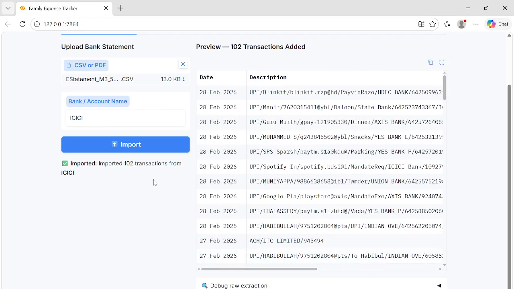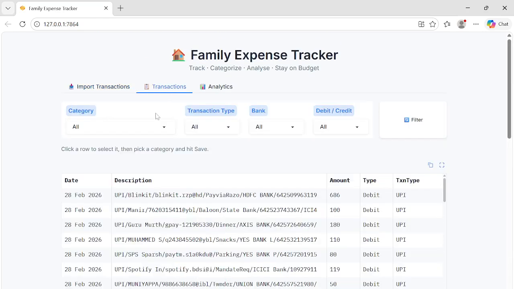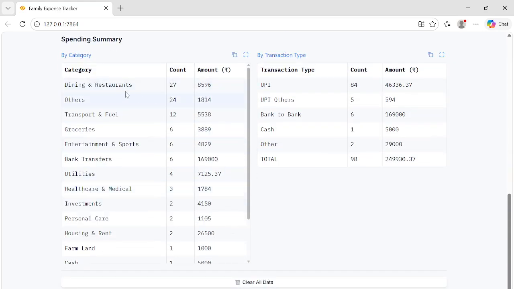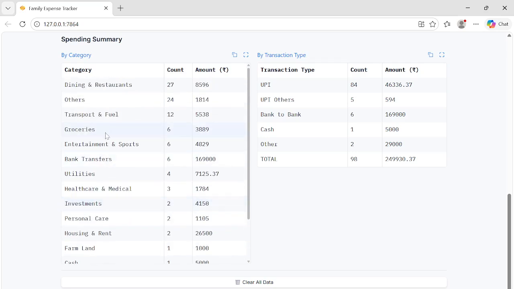Now this is the first step. Now to understand, these are all the categories of transactions, the number of transactions in each, and the amount which you have spent for each of the categories. The app has created the major spend categories very intelligently, with the corresponding amount which I have spent for each. And there is also a transaction type view, where I can see if there is any bank-to-bank transaction, any UPIs, or any cash withdrawals. Everything has also been